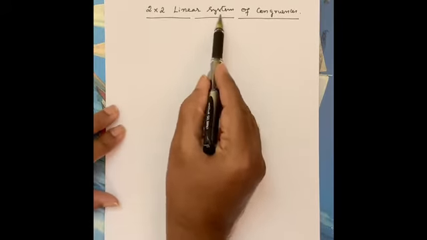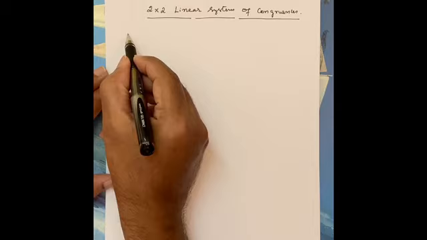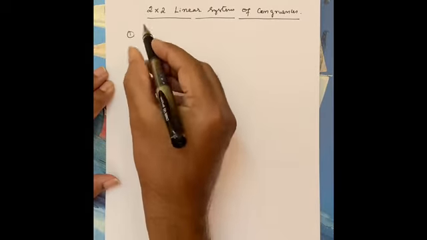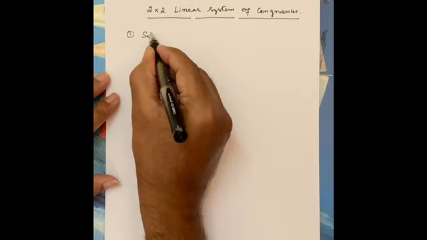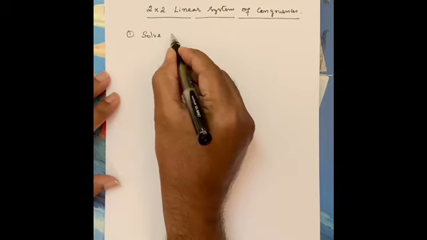In this video, we are studying how to solve a 2 by 2 linear system of congruences. There are two methods. One is like Cramer's rule we studied, no? So like that we have one method we can use, and another one is the elimination method. Two methods we can use to solve a 2 by 2 linear system of congruences. So first I have to take method 1, like Cramer's rule. We are solving this. Any method you can use in the exam.